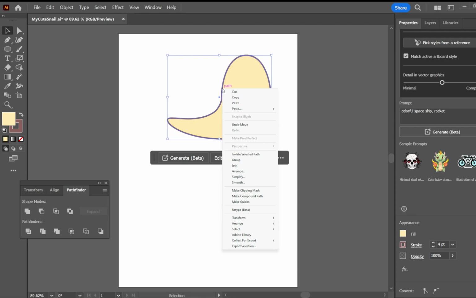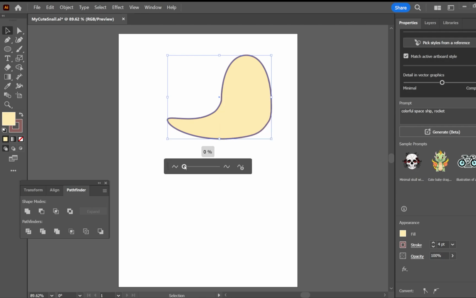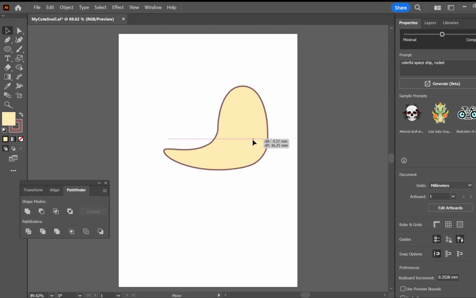So we're just using the Smooth tool here, and then you can drag this slider around until you get to that more polished look. There we go.